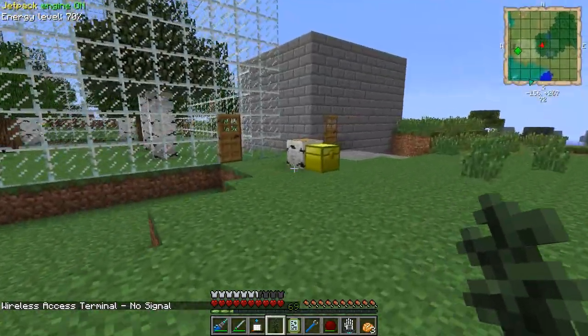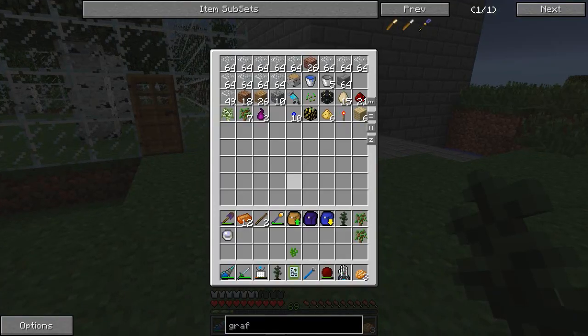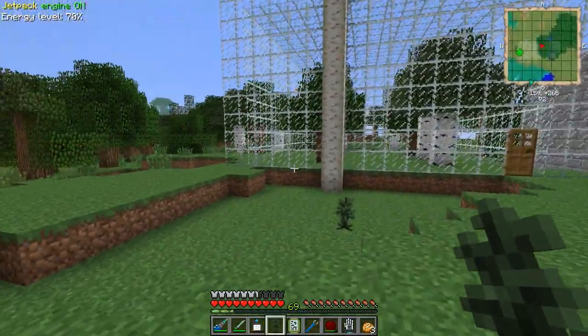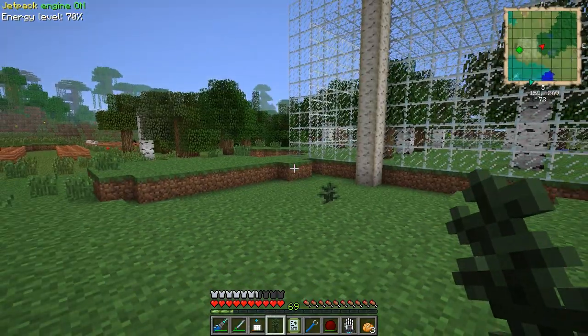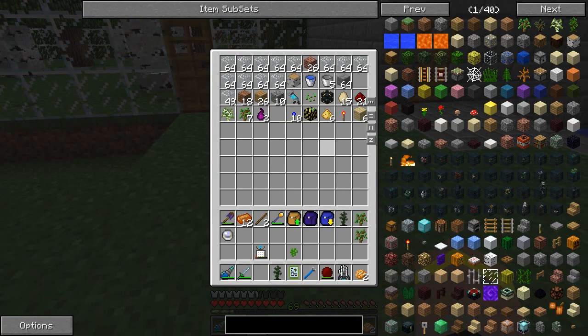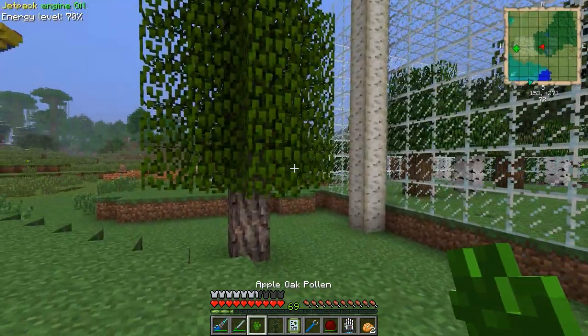Alright, so this is going to take a minute or two, and we'll be right back. Just going to get this guy to grow, and then we're going to try pollinating it manually and see how that goes. Alright, so our tree has grown, we're looking good. Let's give this a try and see if it's going to work. We've got our pollen, so...